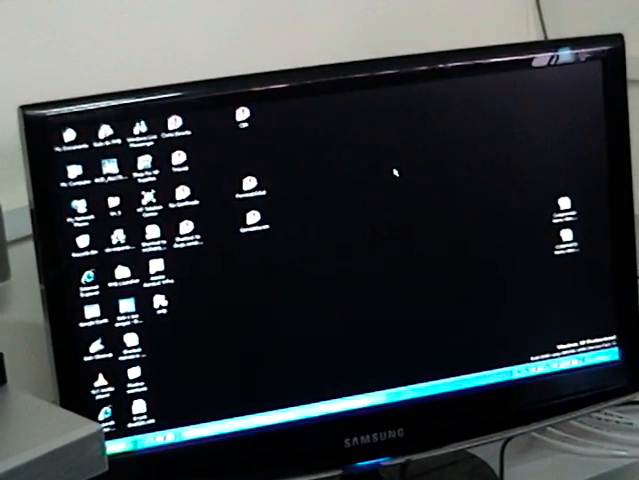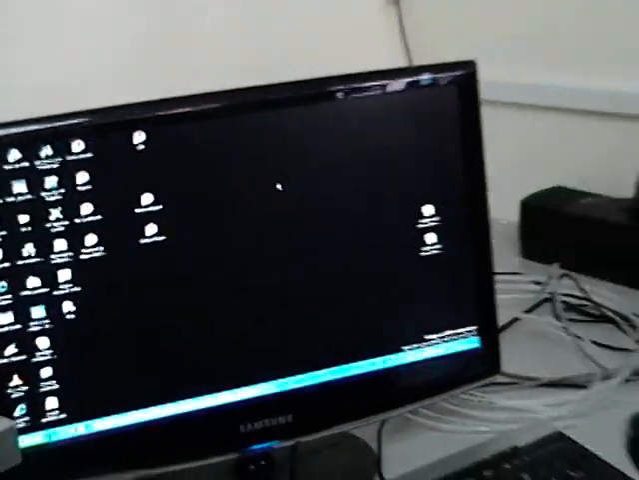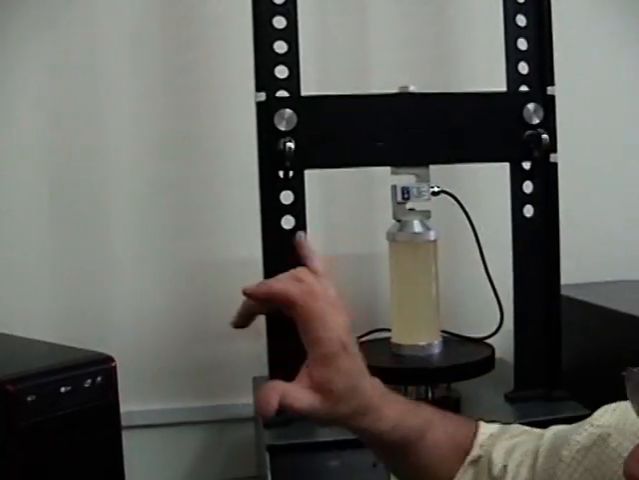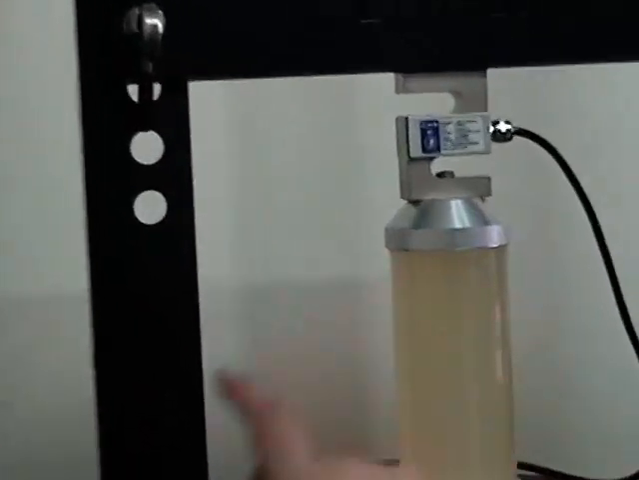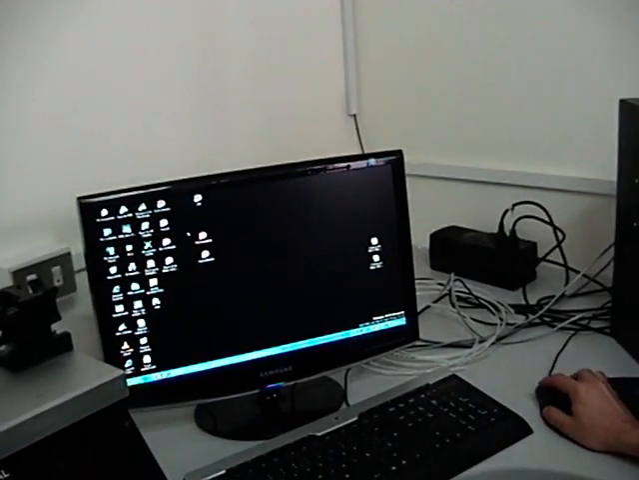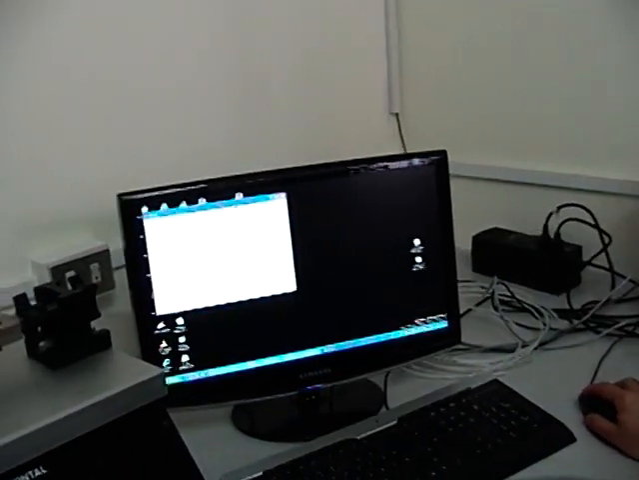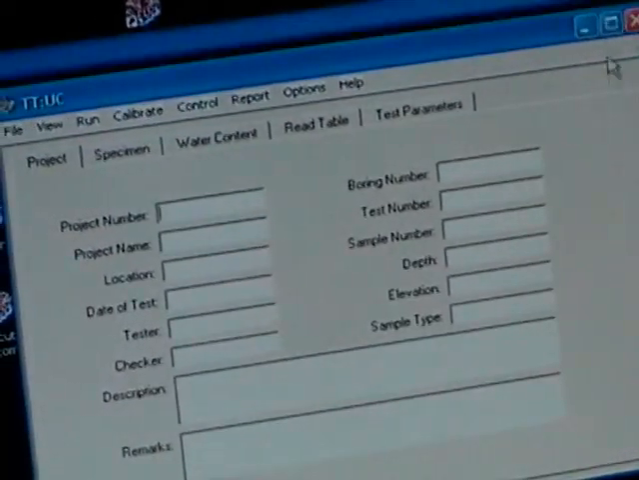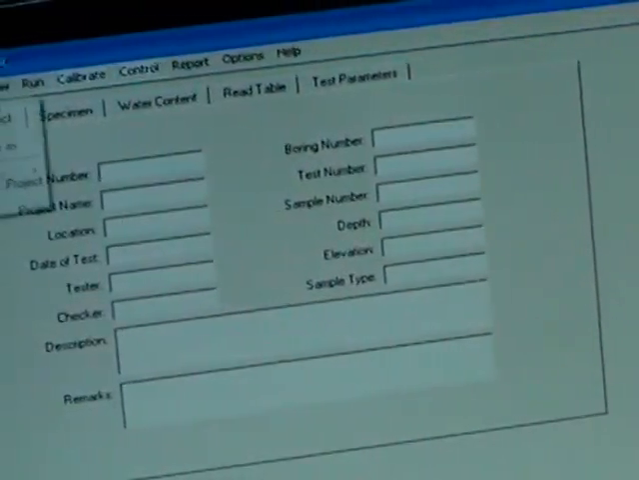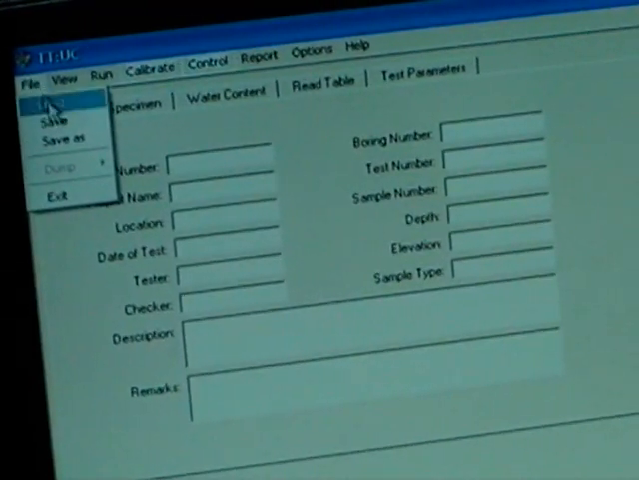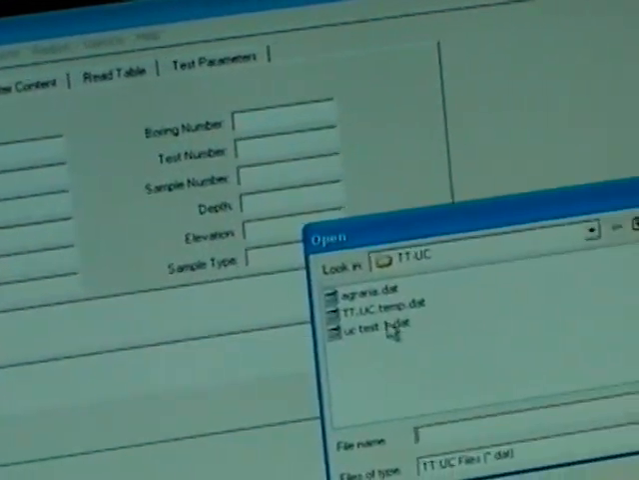Now our sample is all set here. As I said, there is a gap which the program is going to fill. Now what we're going to do is go to the software called UnConfined UC software. This is the software. And the first thing you do, as usual, you go to File, Load, and you load a